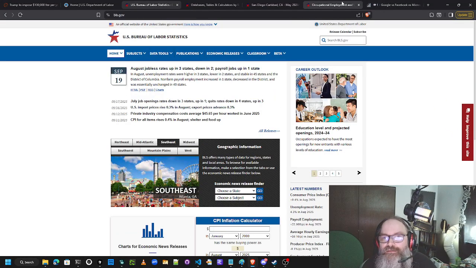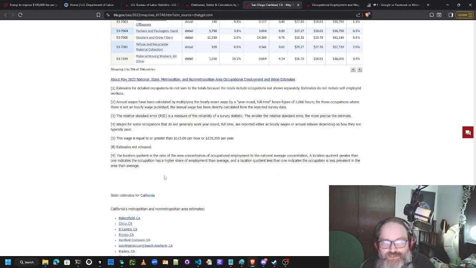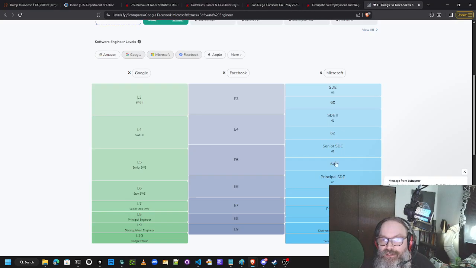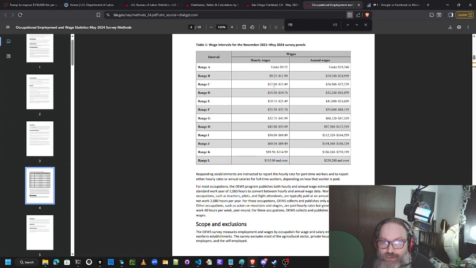The problem is that information is actually wrong, because they are not actually calculating the numbers correctly, because they're removing any wage that is greater than $115 for any role, any industry. That's happening. So if you're a CEO, an executive, you work as a doctor, or you just get paid more money than most people, you're not in this set, because they don't want people to be aware of how much you're making. The problem with this is that when they remove these values and they only calculate these amounts right here,